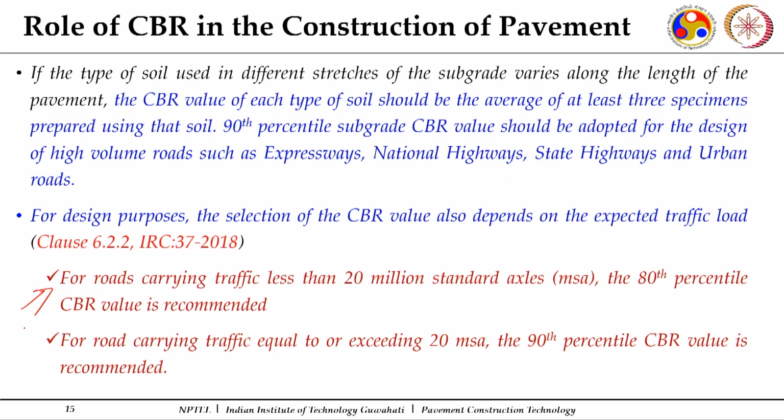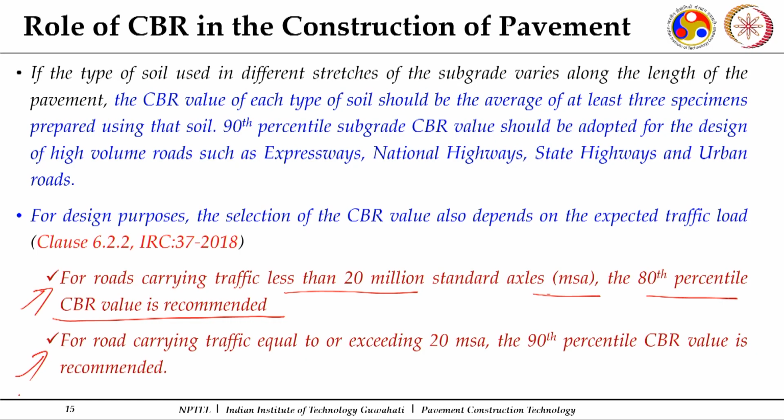Once you have the CBR values for the entire stretch, it says specifically for roads carrying traffic less than 20 MSA, 20 million standard axles, the 80th percentile CBR value is recommended. That means only 20% of the CBR test results may fall below it. In the rest of the cases, 80% of the CBR results, if you do a cross examination, should be more than that value. And for higher categories of roads where the design traffic is more than that,